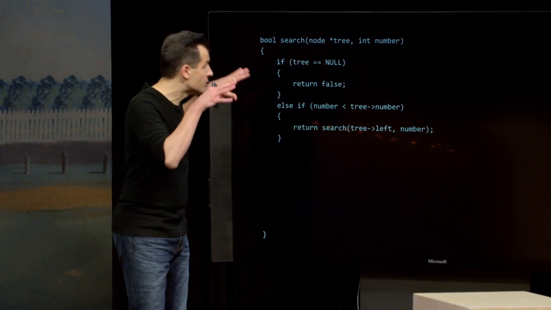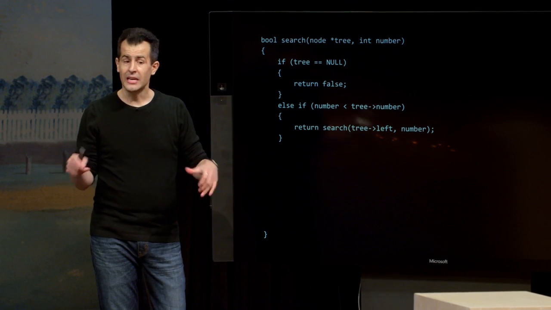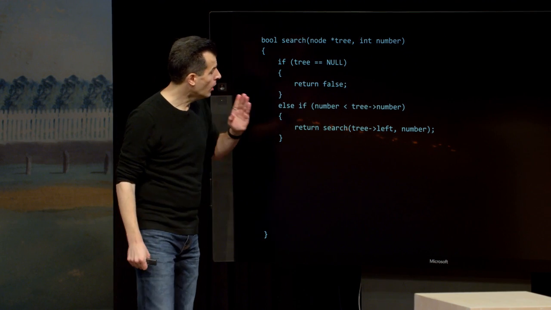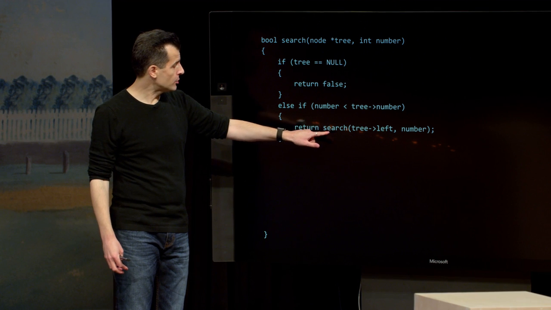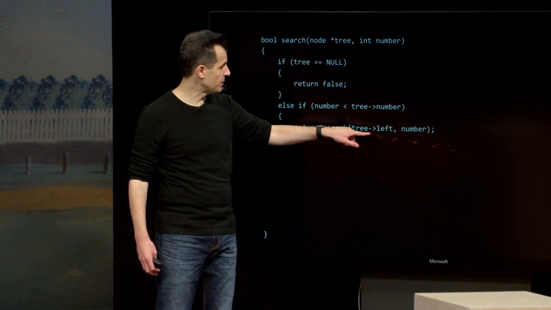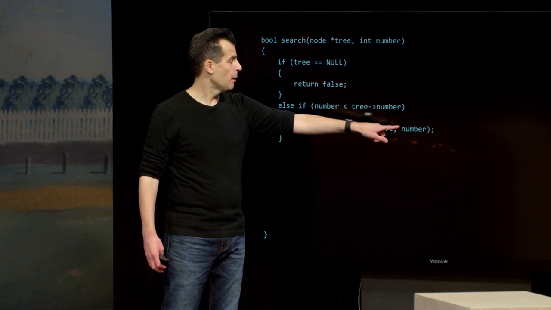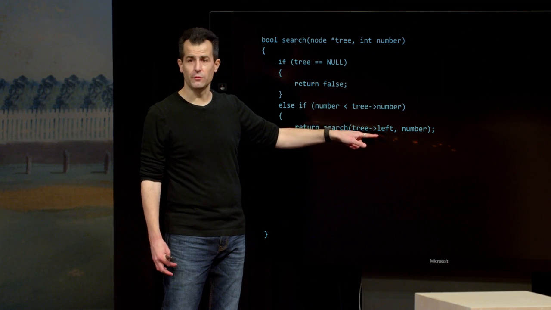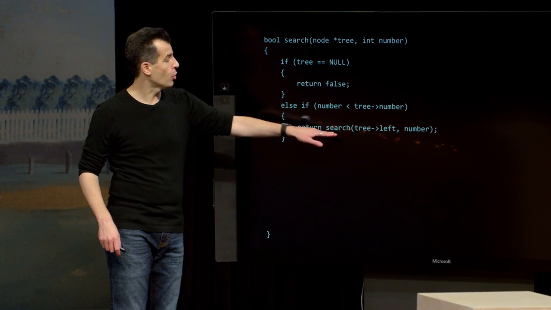Here's where it's important that a tree is a recursive data structure. A tree is two subtrees with a new root node, as before. So I already have code via which I can search a smaller tree. I can just say search the left subtree, which means start at the current node, go to the left child, and pass in the same number. The number's not changing, but the tree is getting smaller. I've effectively, in code, chopped the tree in half, and I'm ignoring the right half,